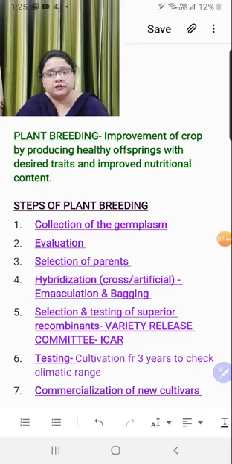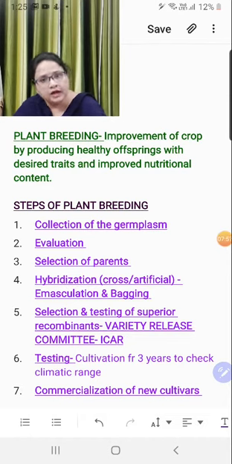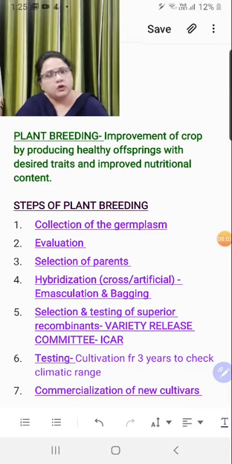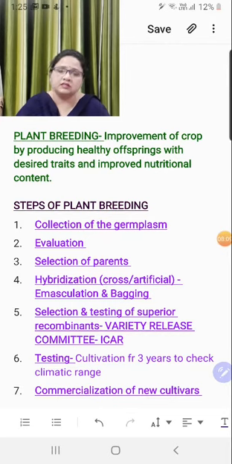They will cultivate it for, say, 2 to 3 years in different climatic conditions to see the range, whether the crop cultivar is suitable. Now, a cultivar is the recombinant improved variety that you have generated after hybridization, right? This is a new and improved variety, and you name it a cultivar. So ICAR is going to check whether these cultivars can be cultivated in a single type of climate, or can have a range of climatic variations all across the country.